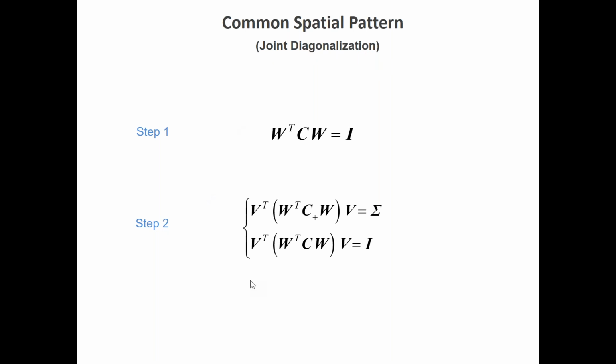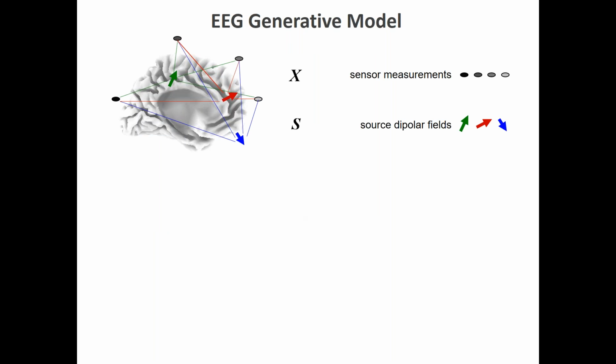So this is all we need to do for performing a lot of different methods, and every different method depends on the choice of the other matrix to be diagonalized. Okay, so let's see some examples. But before I do that, let me also tell you that what you know as independent component analysis actually is an example, because independent component analysis can also be solved by this kind of methods.